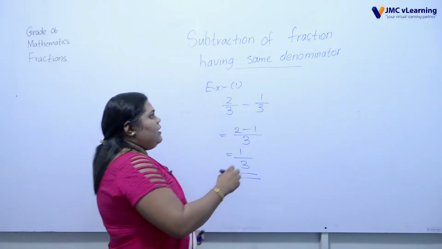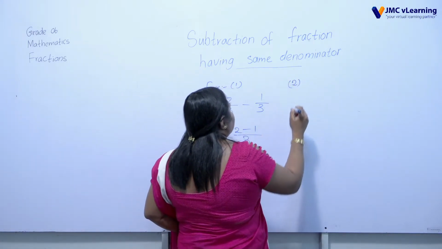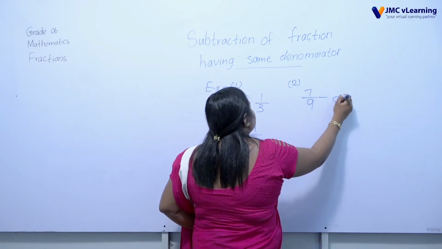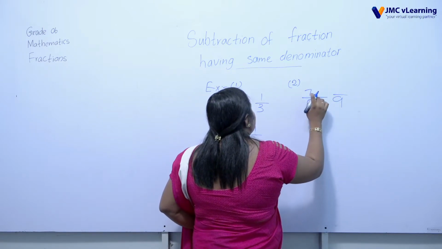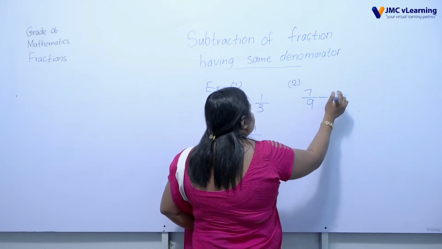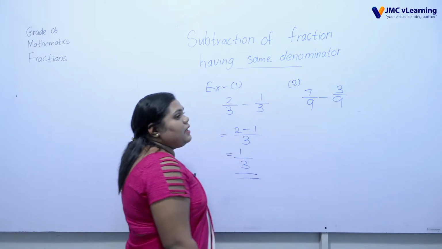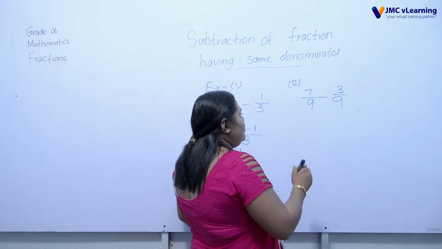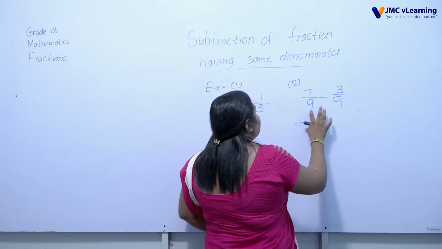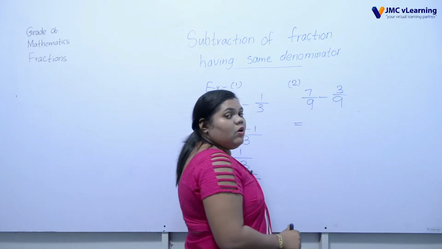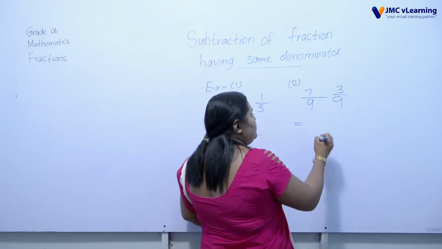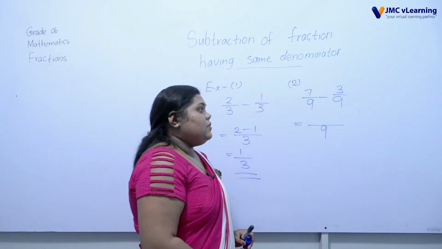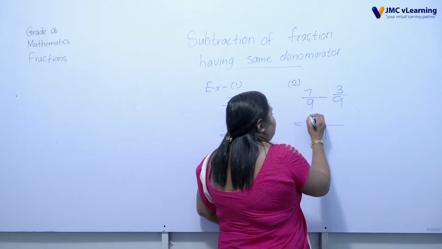Okay. Next example. 7 out of 9 subtract 3 out of 9. Now both the fractions have the common denominator. So you have to subtract. You have to write 9 as the denominator. You cannot change it. And after that you want to subtract